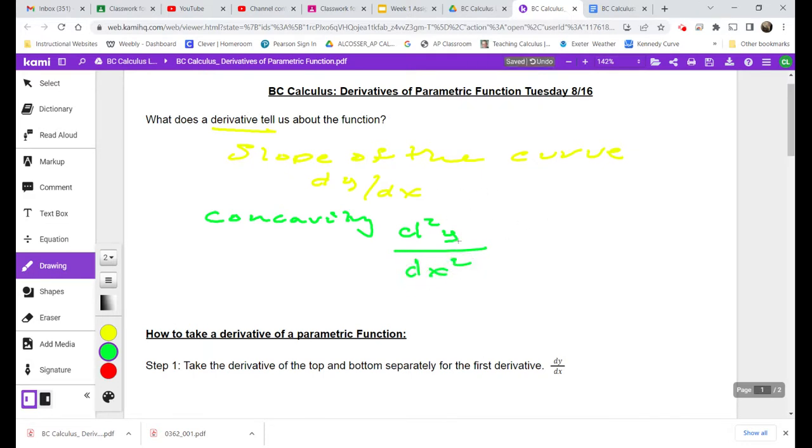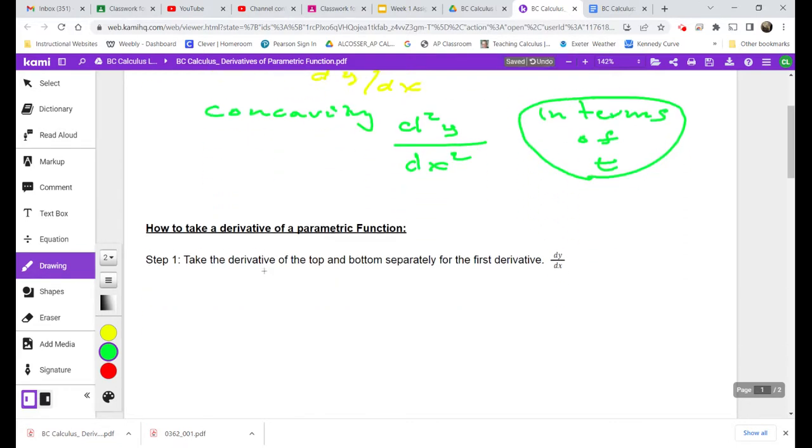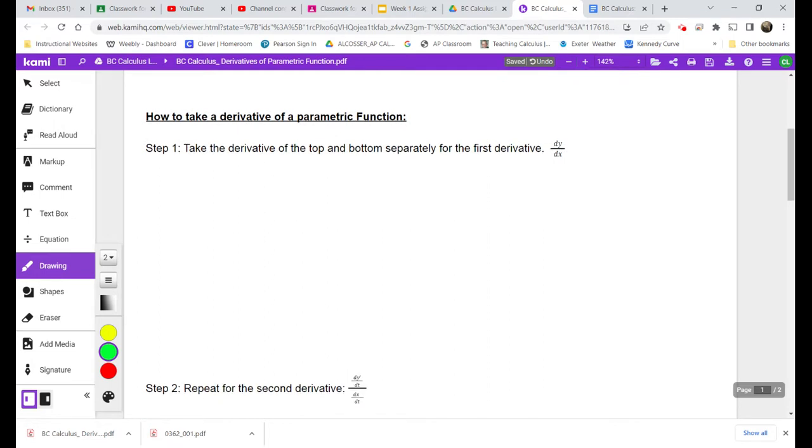All we have to do now is figure out how to deal with this in terms of t. That's some of the problems you've been working on when it comes to the derivatives. So if we take this and break it up and say dy/dx, well, when it comes to parametric equations, that is dy/dt